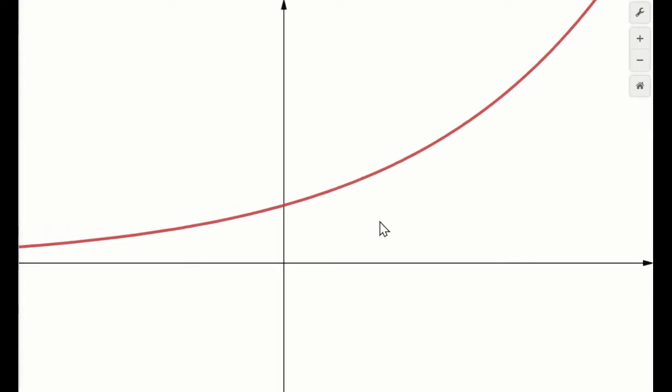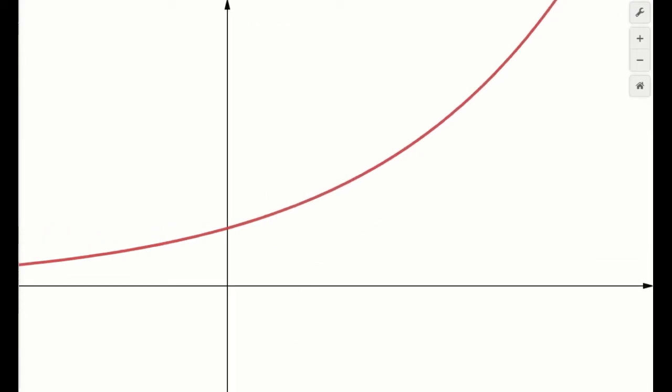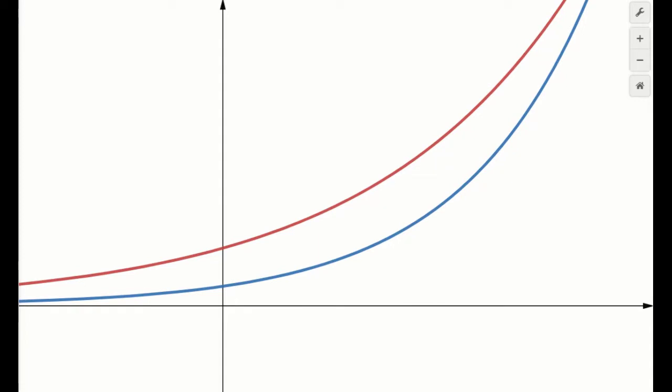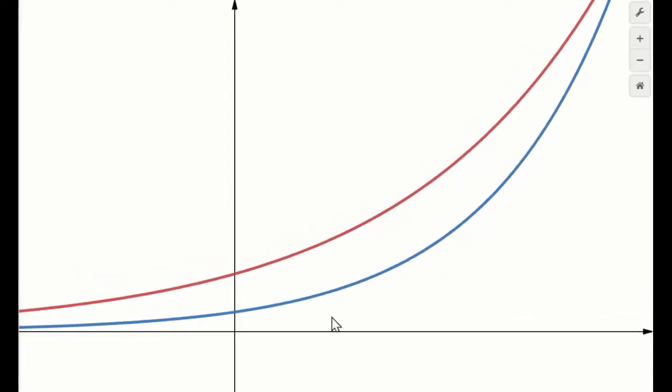And this graph in blue is the graph for the other function, g of x, being e to the 0.14x. In this close zoom level we don't see any intersection,